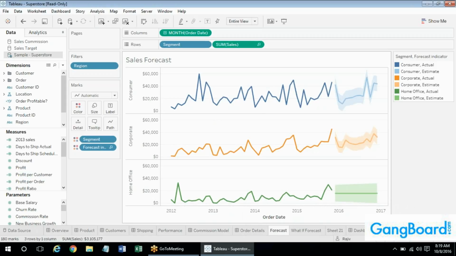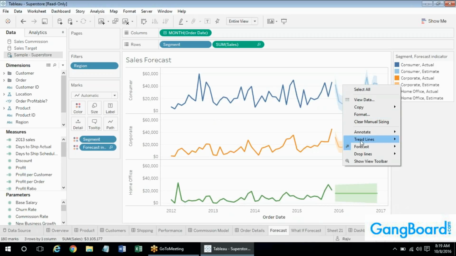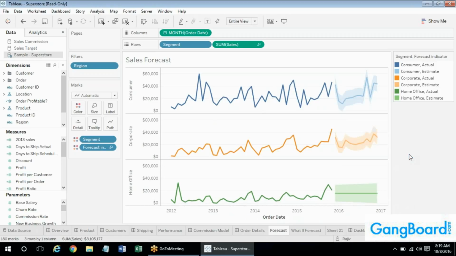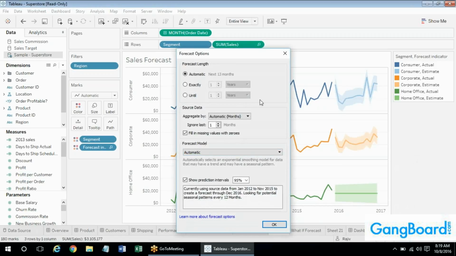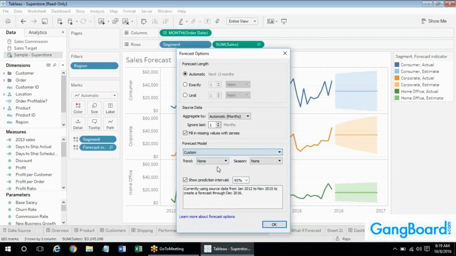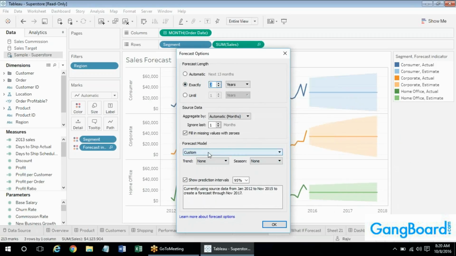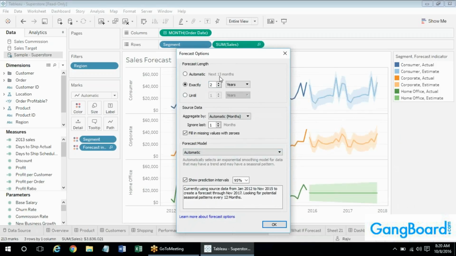Tableau just has a very basic thing, I can just show you. Right click, forecast option. This is the forecast, nothing technical to do. We are not going to write any formulas for this. We just choose between the different models which we have here. We can talk technically about these in the training. This would be for how much you want to forecast, say exactly 2 years,